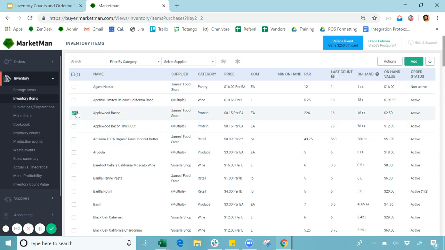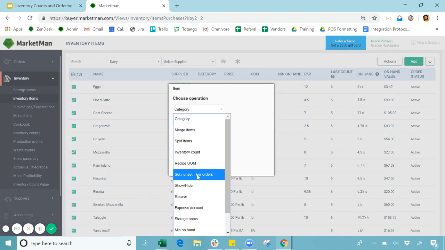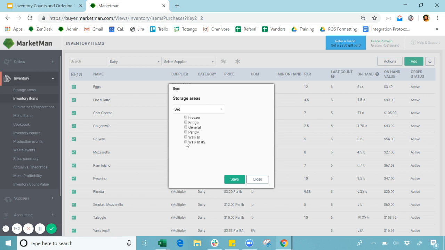However, this is where our categories come in really handy. So for example, say our dairy. We're going to select all our dairy because we keep it all in the back walk-in. You'll come up to Actions, Bulk Update, Storage Areas, and here we're going to say that we keep it all in our walk-in. Keep in mind when you're doing this, here we can see we can set a storage area, add, or delete. If you set a storage area, that means you're going to override any storage areas already applied